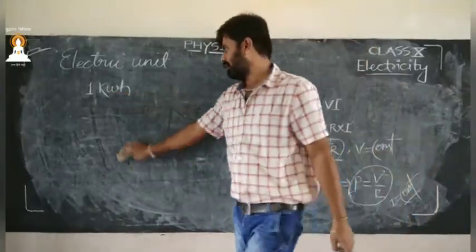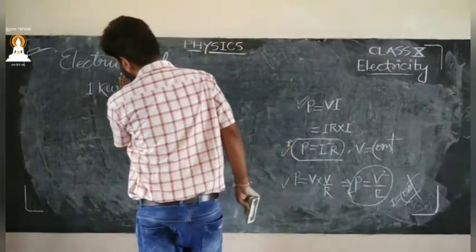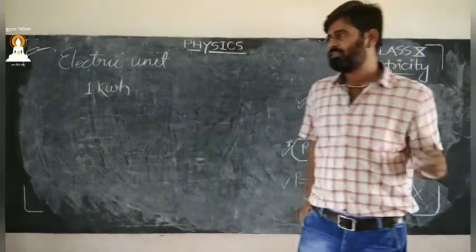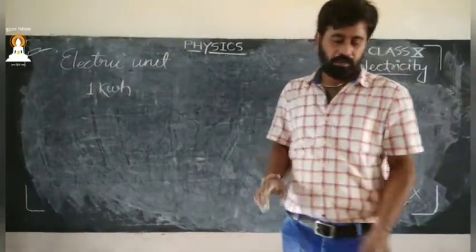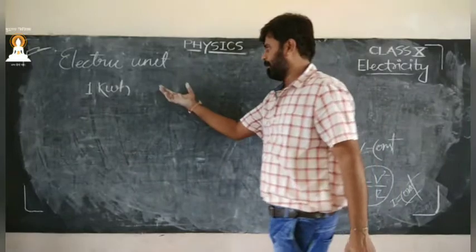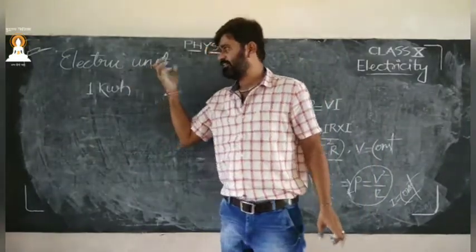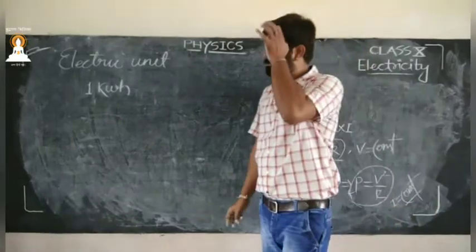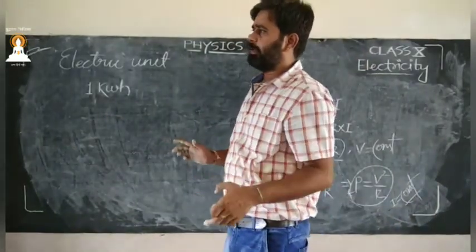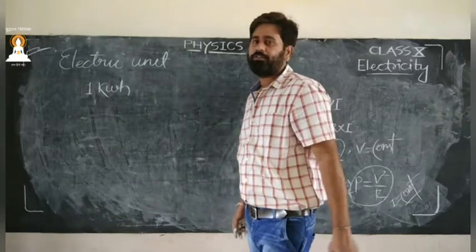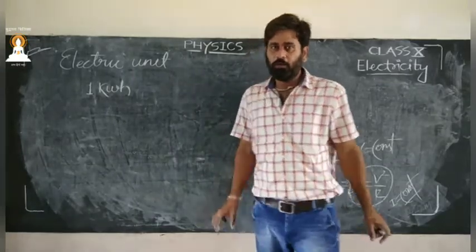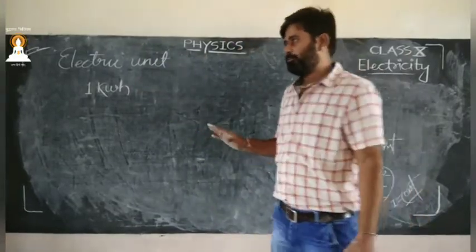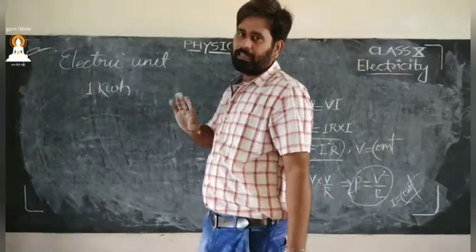Kilowatt hour. Kilowatt is nothing but power. Now see, the unit of power is watt, but watt is a very small unit. Let us understand this with an example. Suppose I need a bike, and I am having only 25 paisas, and suppose the bike is of 1,50,000. I have only that much of 25 paisas to buy a bike worth rupees 1,50,000.